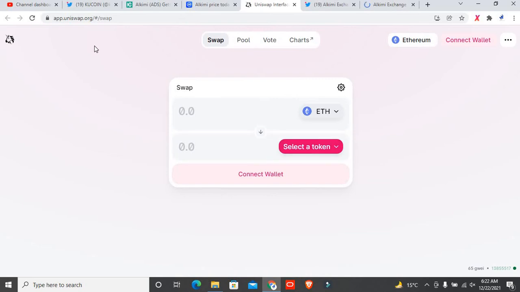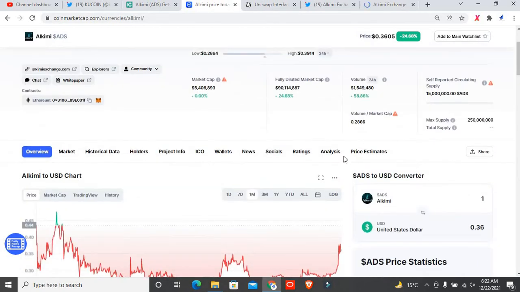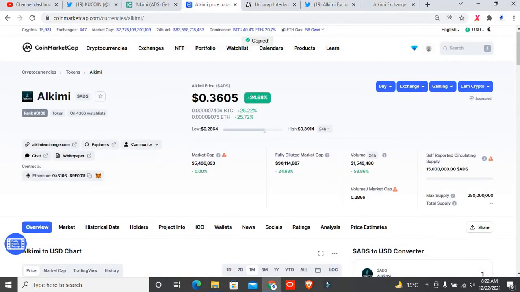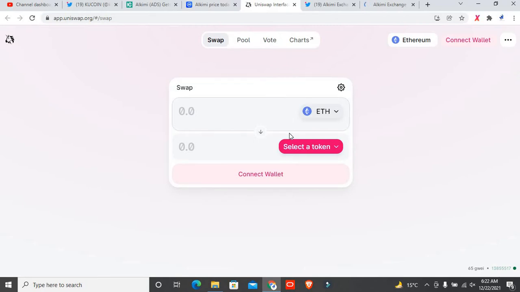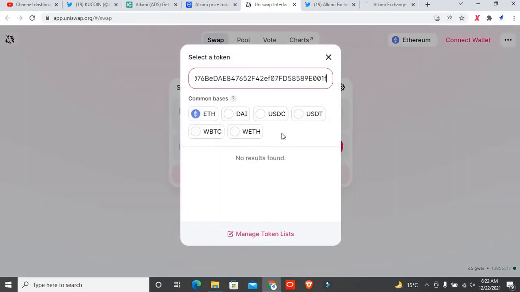But if you don't find the token from here, you simply go there, and after that I just want to tell you about that. You simply copy this address. After that you come back to this page and click on select token. After that you just paste this address, and then you will be able to import this token easily.